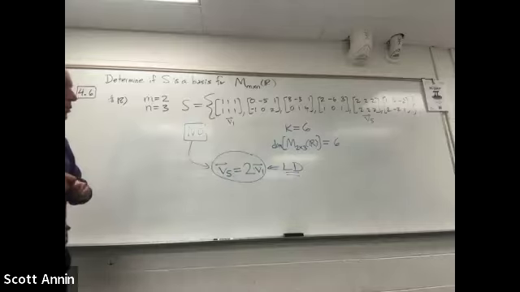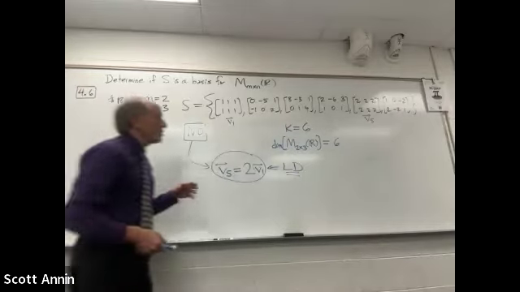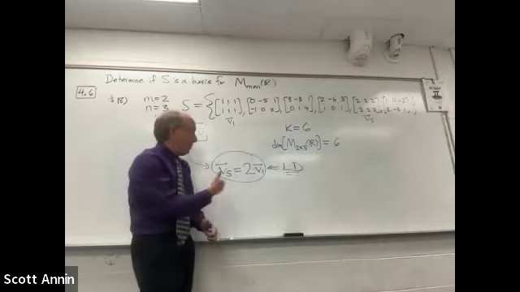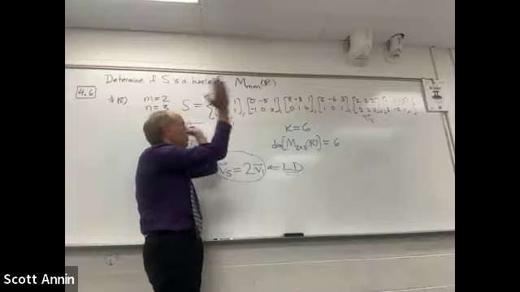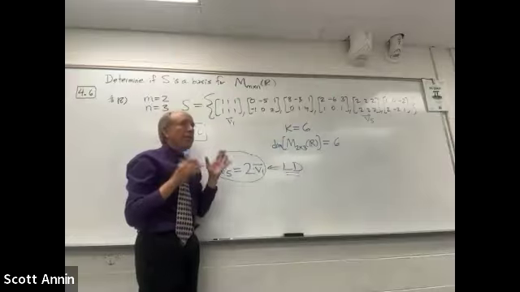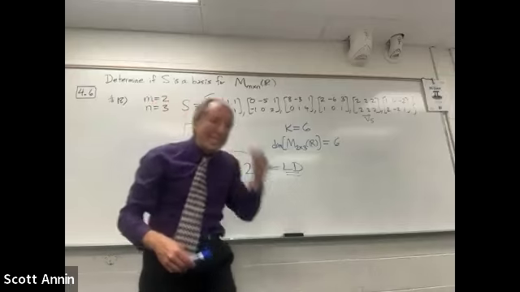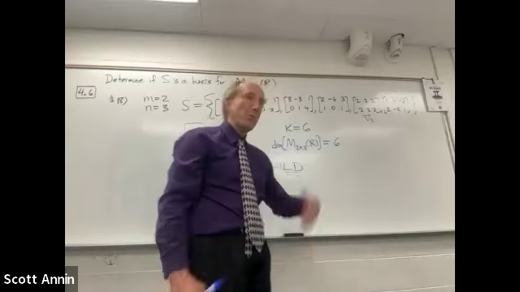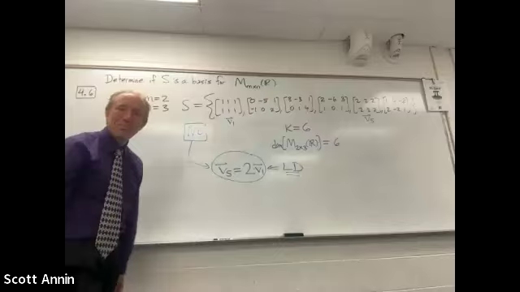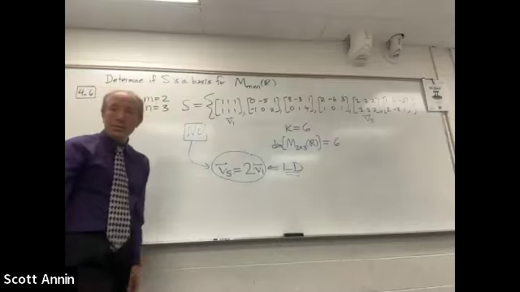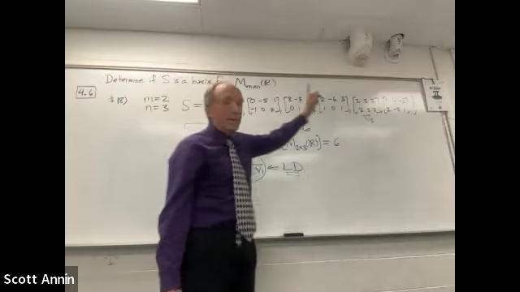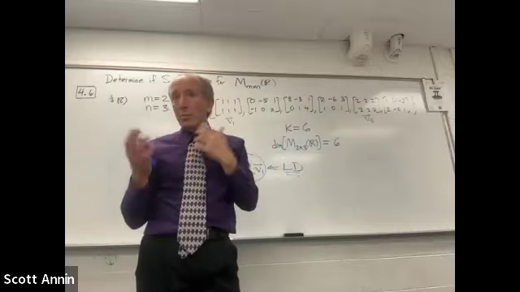But it's nice to know that even if you just weren't on your A game and you didn't happen to see this, and you just thought, oh, this is 6 random matrices, even in that scenario, you can still get to the answer, right? You just have to work a little bit harder to get there. Okay, so this is not a basis because the first vector and the 5th vector are scalar multiples of each